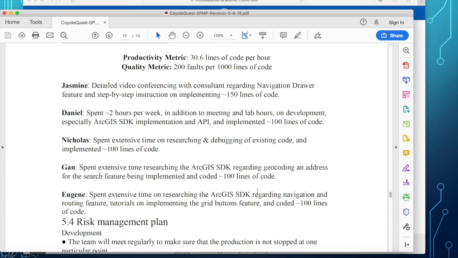Without metrics, we cannot measure whether we are accomplishing our goal or not. Okay, so metrics, especially productivity: you want to know if we can finish on time. If there is an estimate of the total lines of code that the project will need, and you are keeping track of how many lines of code you produce per hour, then you can estimate whether you can finish the project or not.